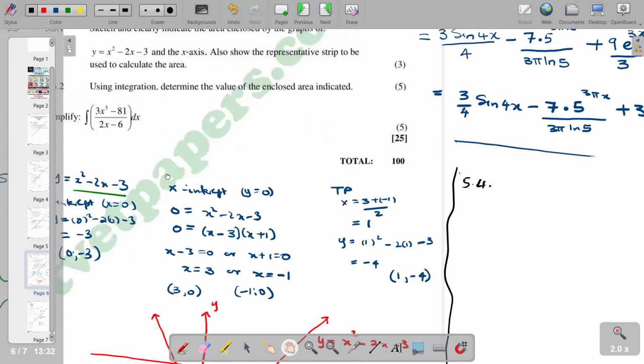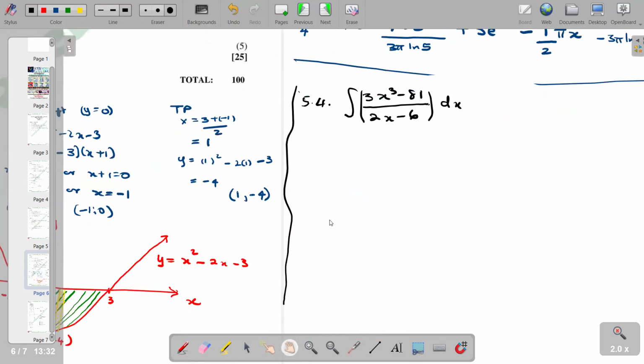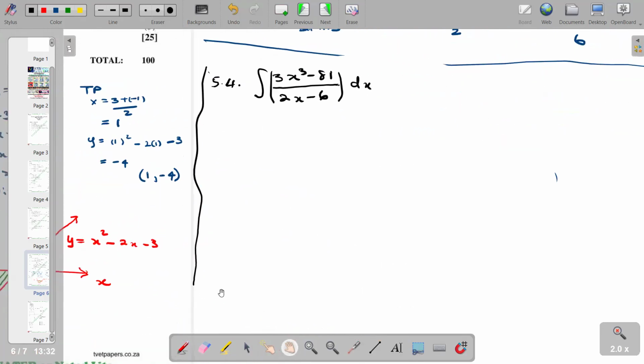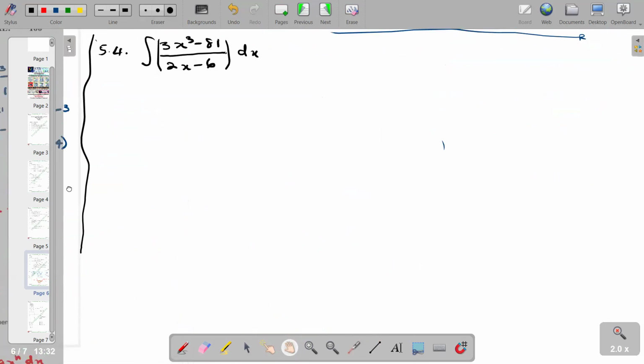It wants you to simplify the integral of 3x cubed minus 81 all over 2x minus 6 with respect to x. So, 5 marks for simplifying that. So take note, to simplify that,